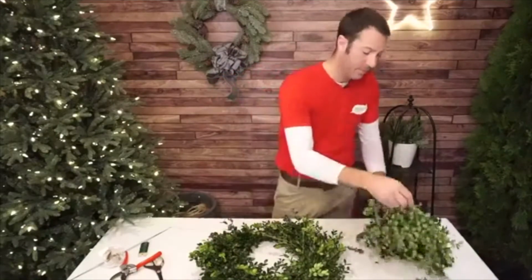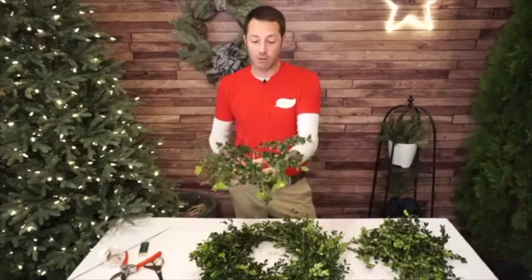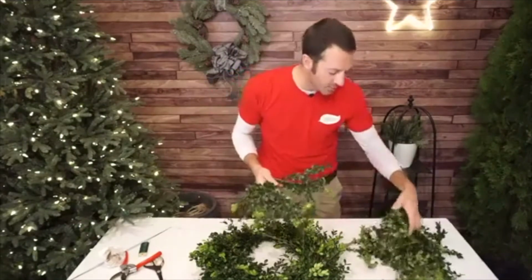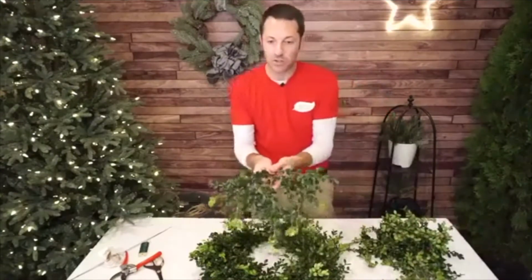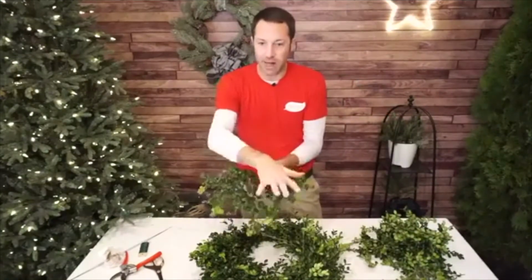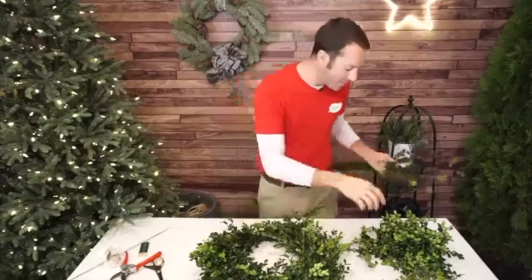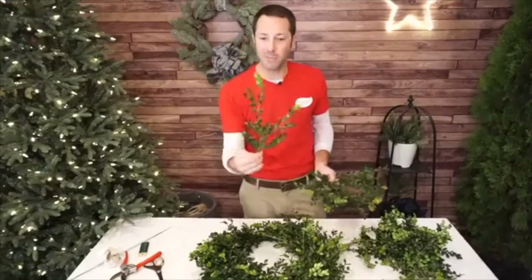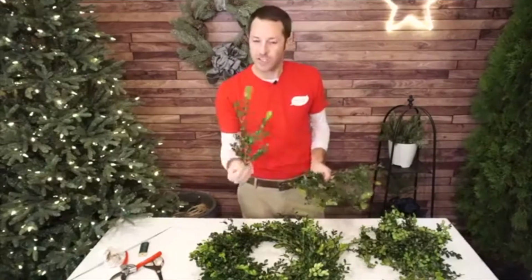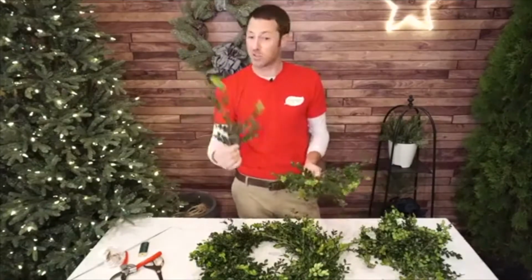But boxwood. Boxwood is awesome. I went and cut a big branch off so you can kind of see how it grows. Now, you get different looks from different parts of the plant. So this was a bottom branch. This is a great one because it's got a lot of flat branches, which I absolutely love. It's really, really easy to work with. But sometimes you also get these top tips that shoot out of the top, and they're not quite as flat. You can still use them though. They're great little pieces. You can use them in arrangements,